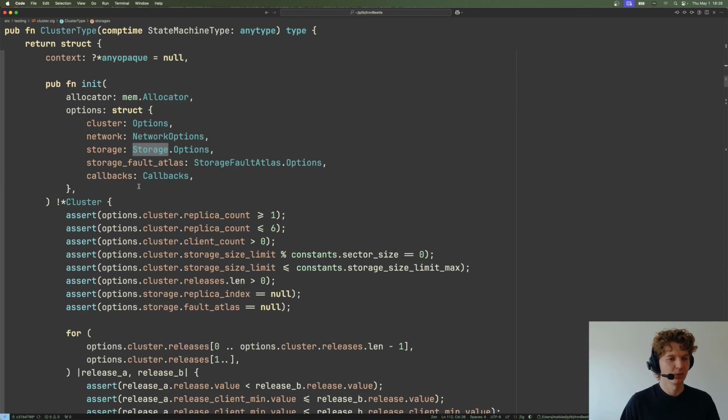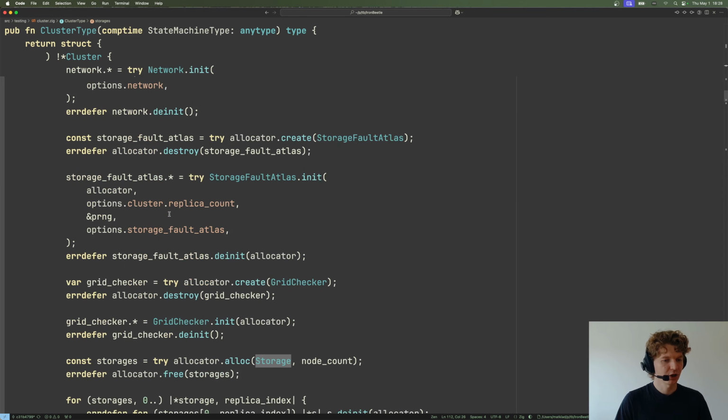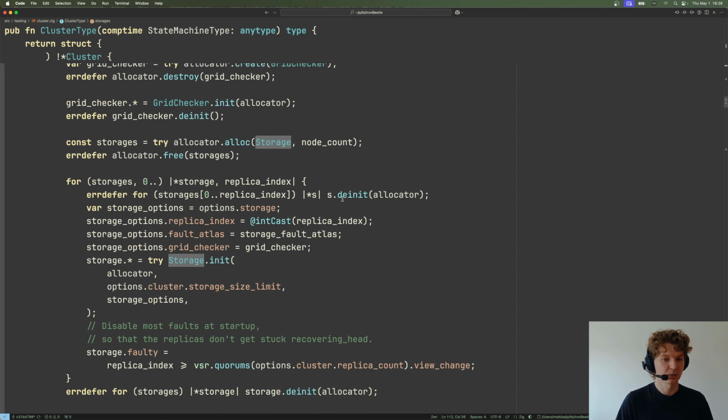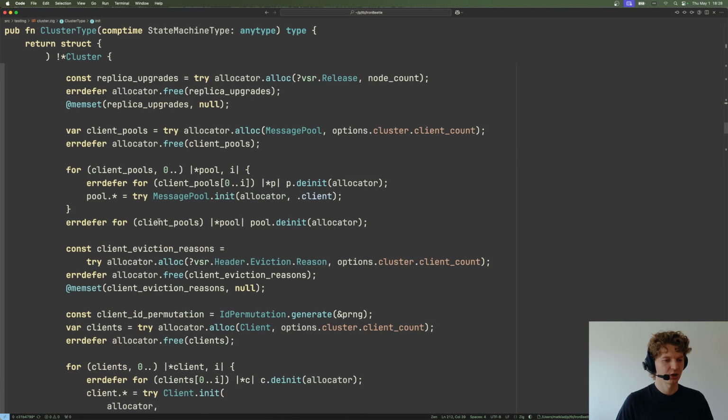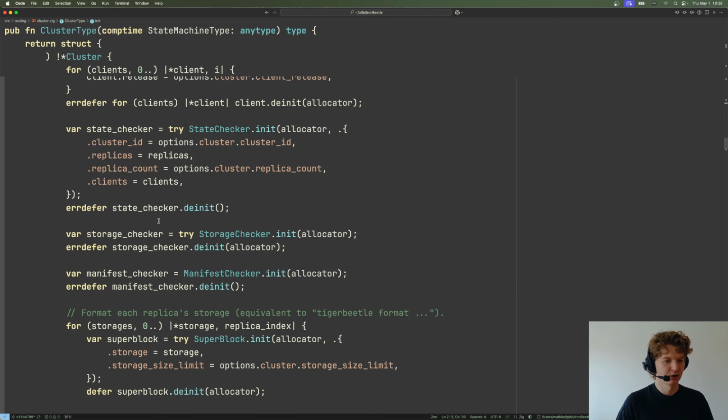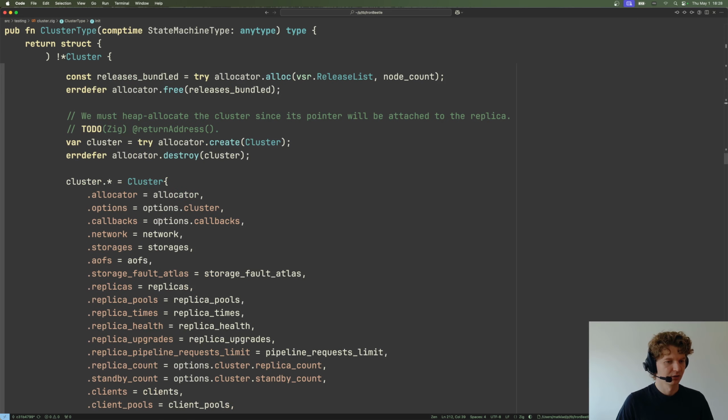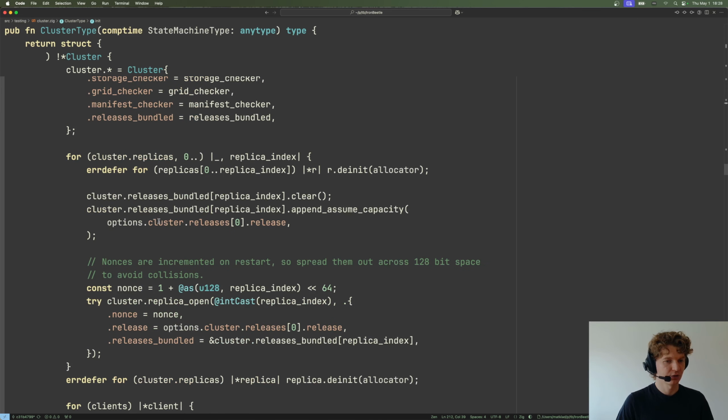So when we initialize this thing, you see that we initialize each storage with a testing storage, and then somewhere we initialize each replica, and we pass